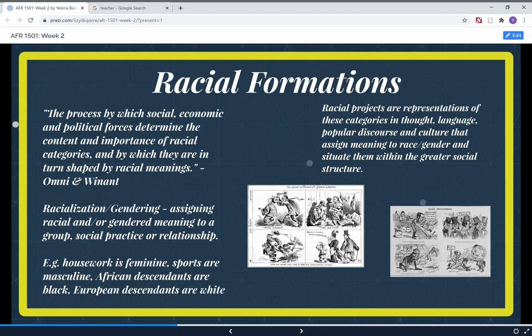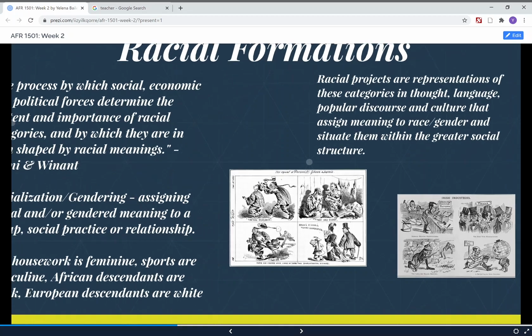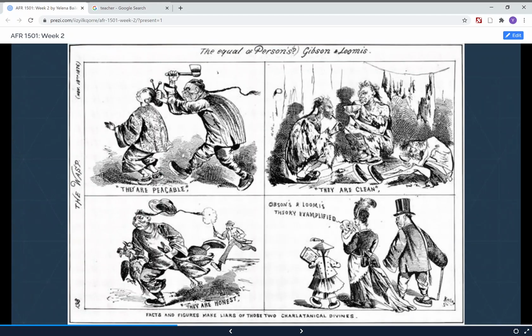A good example of this I like to show, let's see if it'll let me click it, is from back in the 1800s when people were really debating some of these immigrant groups, not that we're not doing that now. Magazines and newspapers were the primary means through which people had these public conversations. And so these cartoons were published as a way to put forth a thesis or an argument about whether or not certain groups belonged. This is a primary example of a racial project.